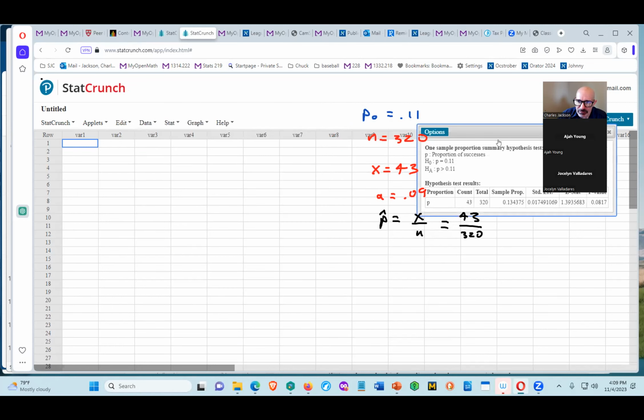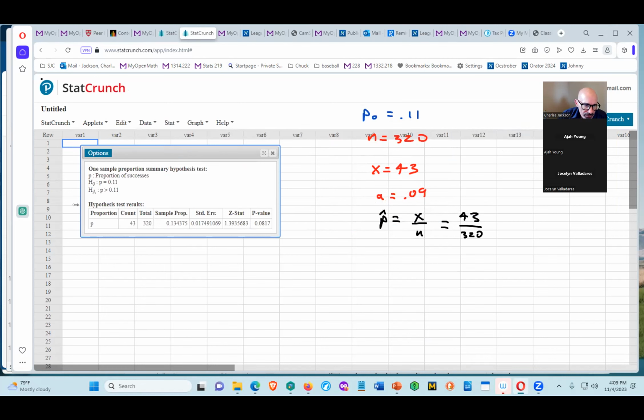See what we have here. So there's our test stat, and there's our p-value. So with alpha at 0.09, the p-value is less than alpha. If the p-value is low, the null must go. So reject the null hypothesis. We don't think it's just 0.11 lefties. All right, so z-stat, yeah,